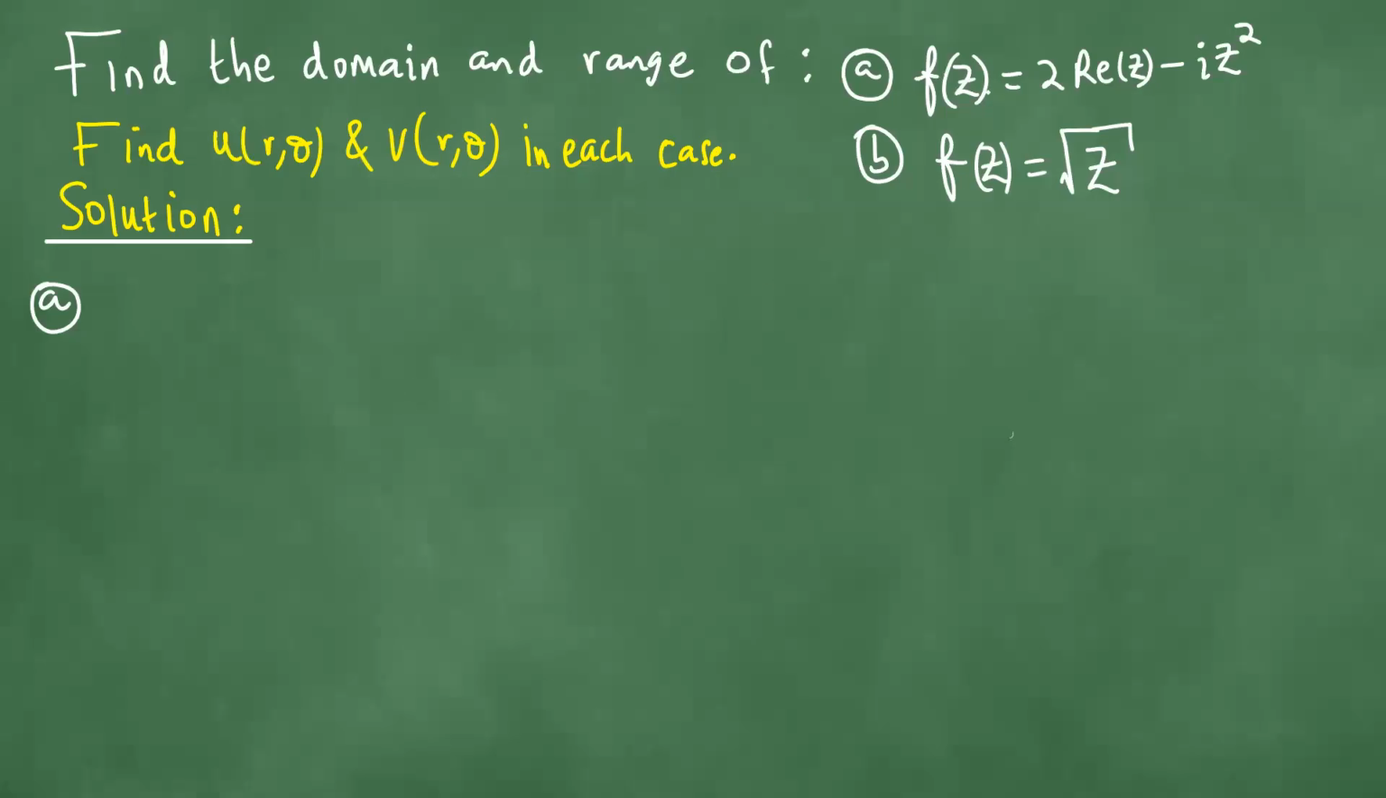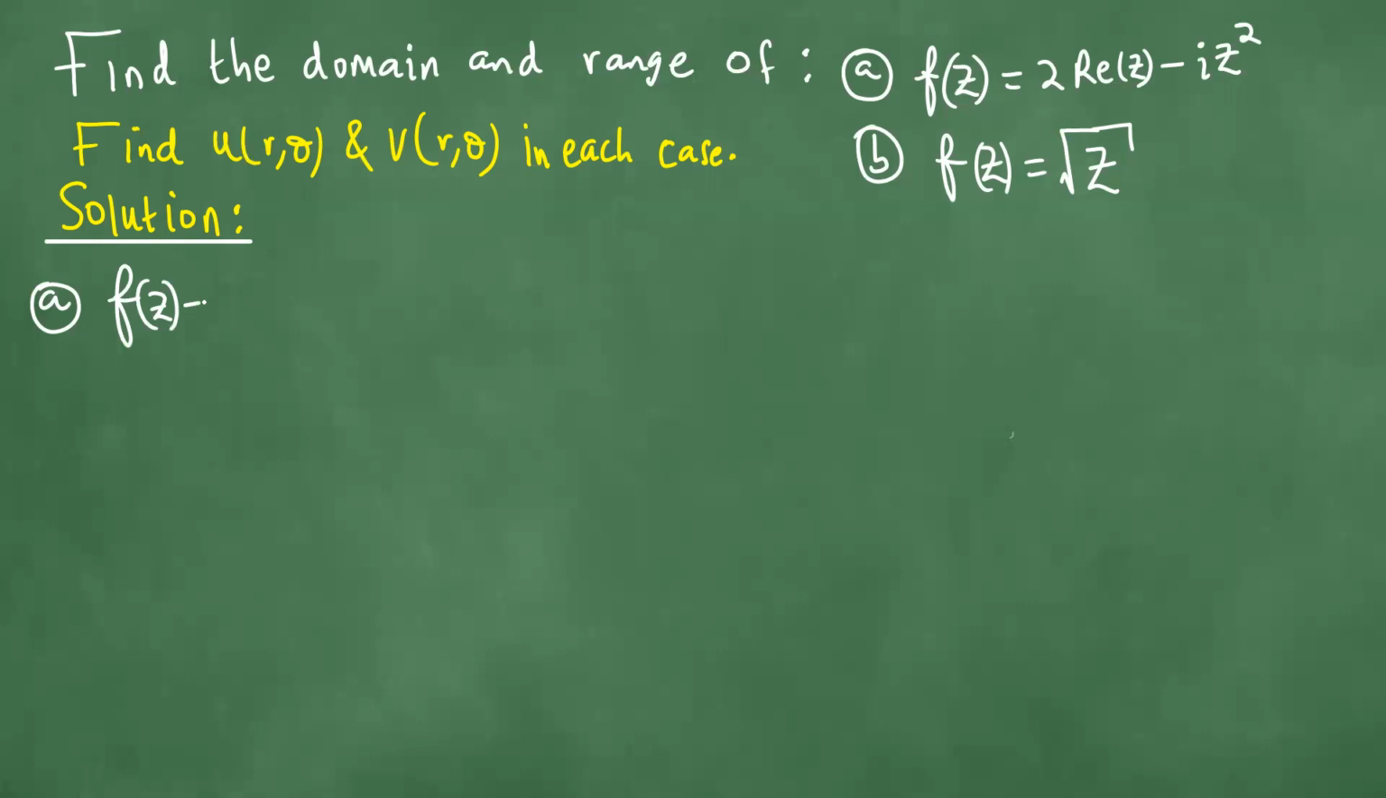Right, so what we have here, we have to find the domain and range of the two functions in A and B. A: f of z equals 2 times the real part of z minus iz squared. B: f of z equals the square root of z. We're going to find u of r and theta and v of r and theta in each case. Do this successfully, then we have